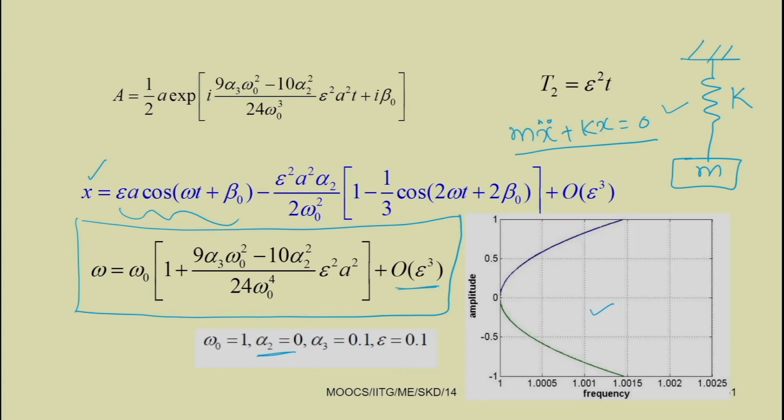So, this is the additional term we are getting. When we are considering the nonlinearity in the system, for example, we have taken only cubic nonlinearity in this case. In that case this alpha 2 will be equal to 0. So, this term will not be there, but this omega is a function of a. So, no longer it is constant,